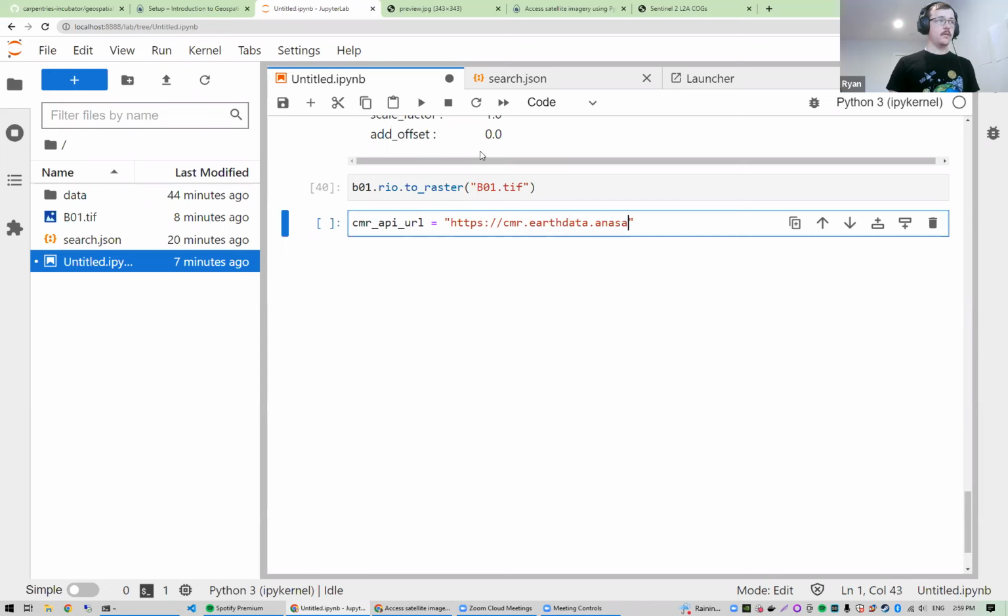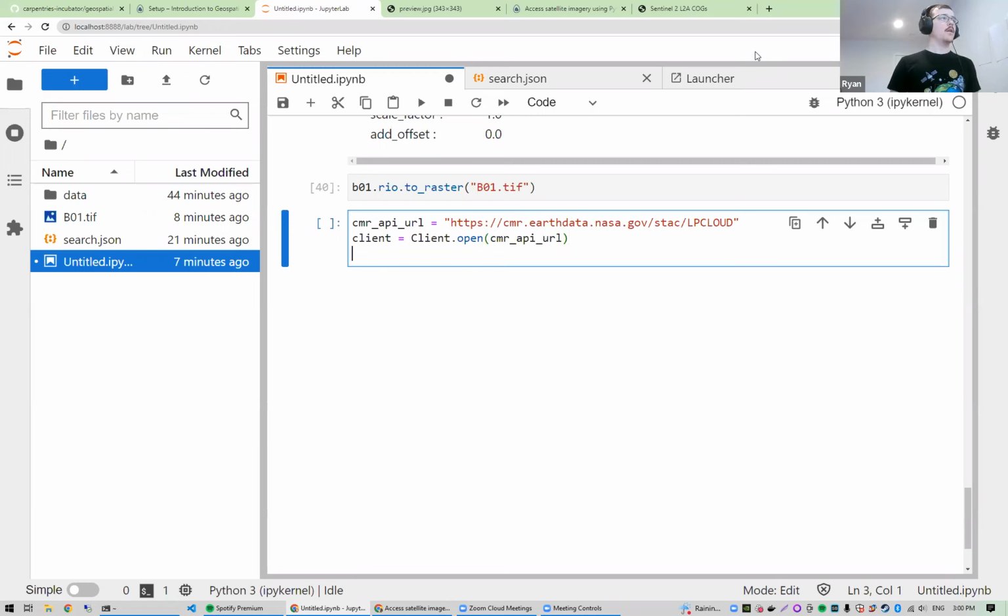Earthdata. We also want to pass that to our client, so client.open with the CMR API URL. We want to set up the search, so search equals client.search,